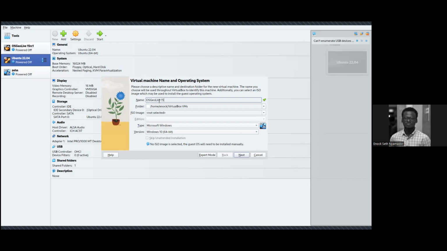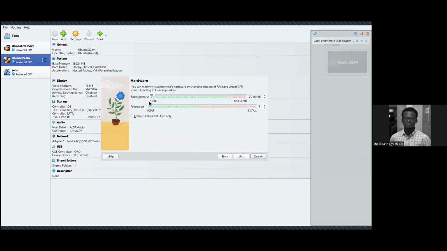I'll just call it 15.0 probably. Then I need to choose now the ISO. So in this case, I want to install it. This is the same way you do if you put it on a pen drive and you restart your machine. So I choose an ISO. I recently used this, and you can see VirtualBox can detect automatically that this is a Linux operating system. It's based on Ubuntu. Of course, Lubuntu is based on Ubuntu. You can already see Ubuntu in the name, and it's 64 bits. Then I go to next.